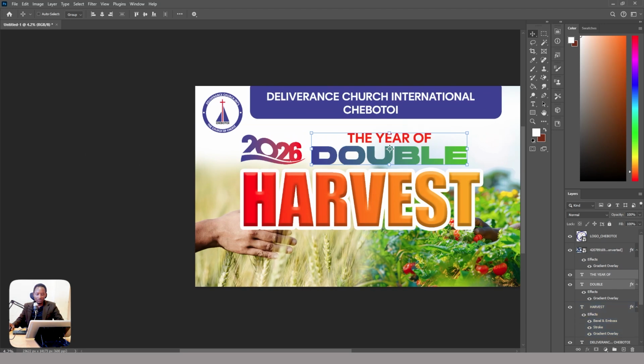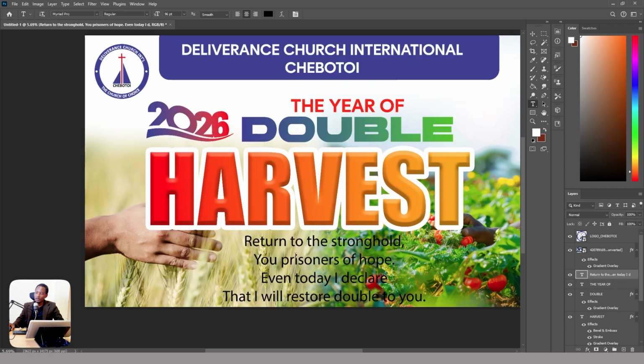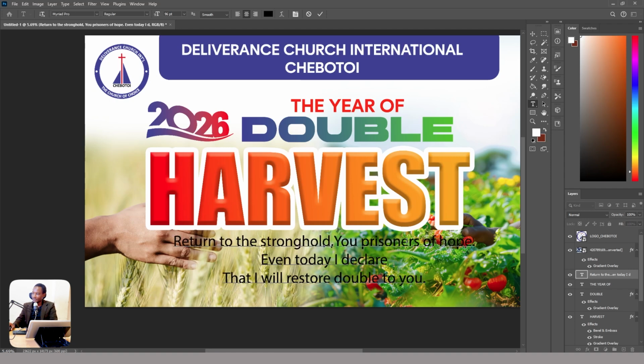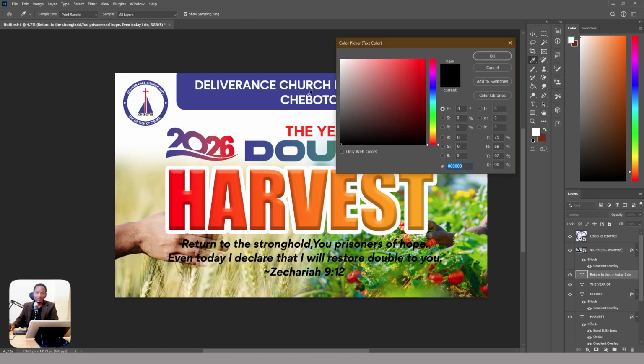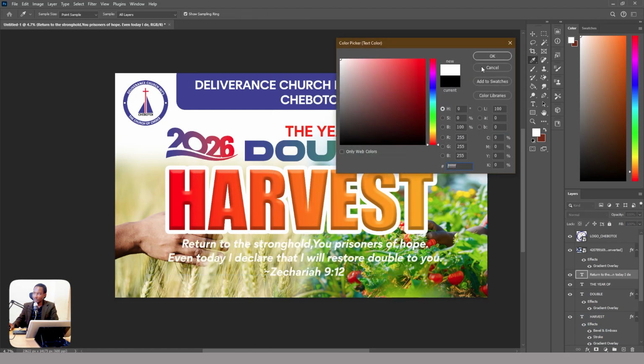The other thing we want to do is to quote the verse. So I will go somewhere else, fetch this Bible verse and come back with it. So here's the Bible verse I've come back with. I want to completely corrupt the format, so I want it in 1 or 2 lines. This is not as legible, so I will do a little tweaks to the text, and that is by 1, changing the color to white, and 2,